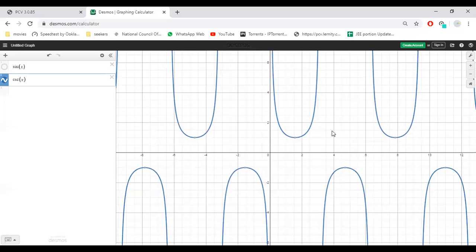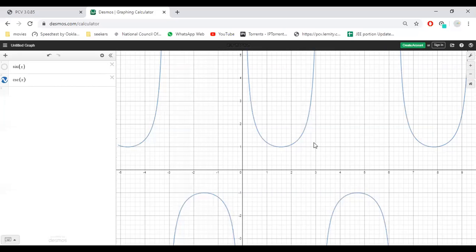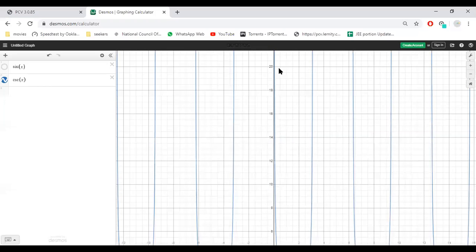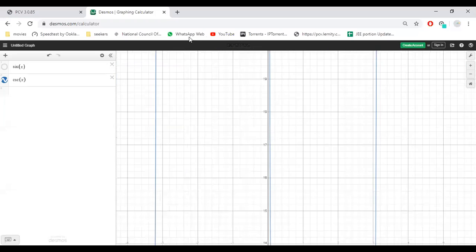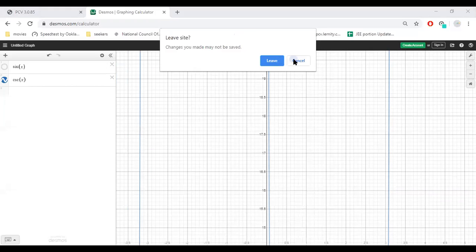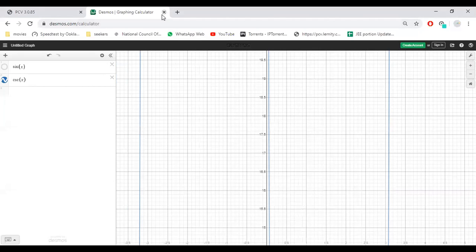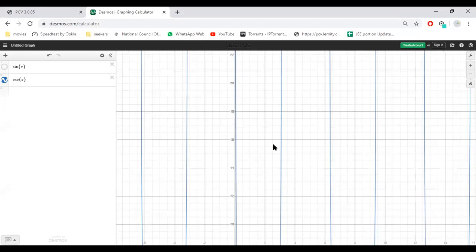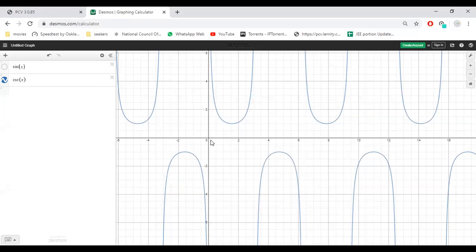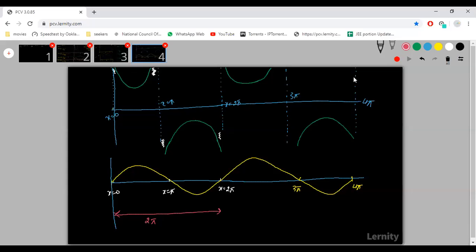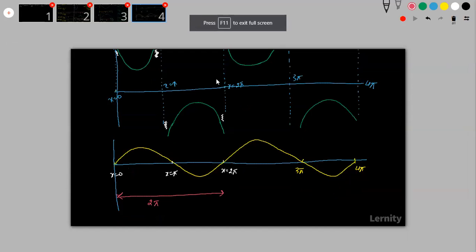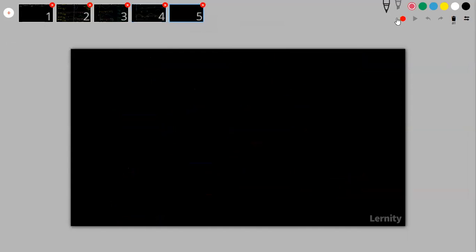Okay, fine. So here it seems like it is touching the y-axis, but if I zoom in, there is a gap. Understood? Everybody understood? They will not meet. These lines will not meet at 0, pi, 2 pi, 3 pi, and so on, because at that point sin x is 0 and 1 by sin x is undefined. Okay, fine. So I will draw the cosec x graph once again, and we'll see the properties.